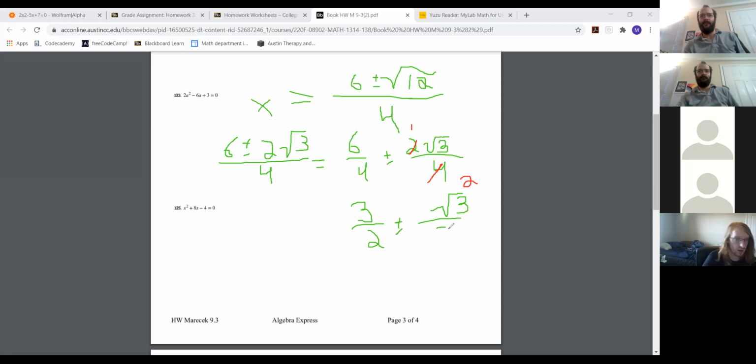So this should be root 3 over 2 now. Okay, yeah, I was trying to figure out how to simplify it further, but yeah, you got most of the way. That's most of the problem. And then now we got down to